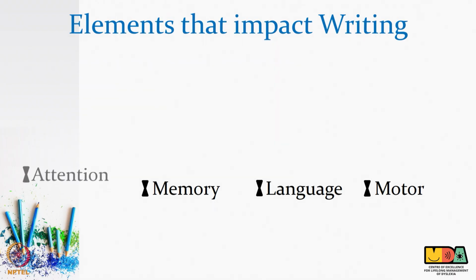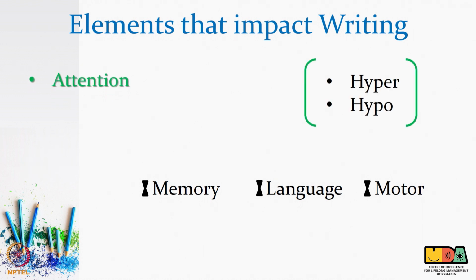Attention is the ability of the child to focus on task at hand. We can talk about 2 kinds of attention. In a class, there might be a child who does not want to sit in a place, who is always disturbing others and keeps moving around in the class. This child is called a hyper child. His attention is not focused on what he is doing and this child will not be able to copy from the board, complete the activity and he will be lost in class.